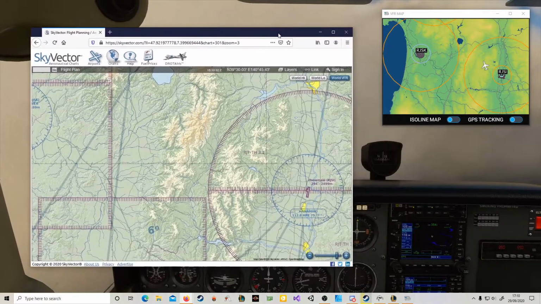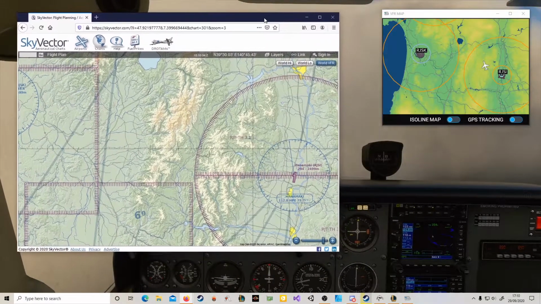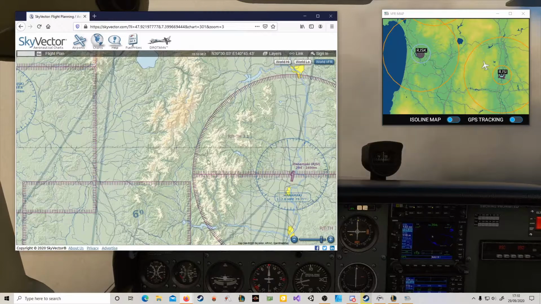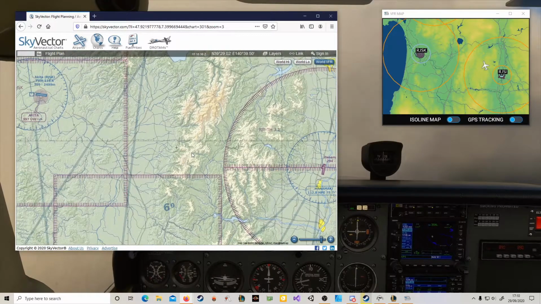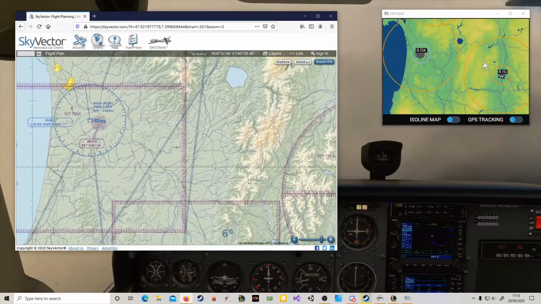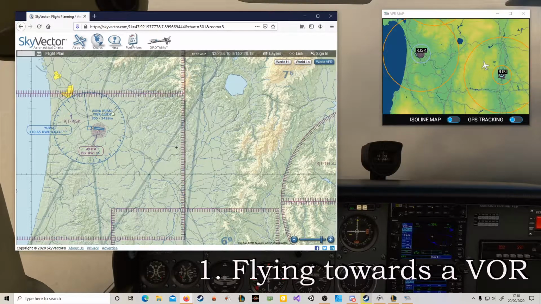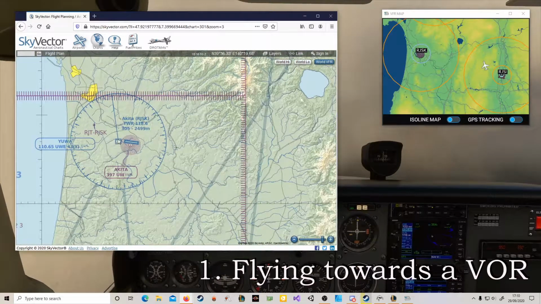It's cloudy, so I don't have much visibility here. I mean, visibility on the ground is okay. And what I want to do is really navigate towards this point here, so this UR or Akita Airport, and this little symbol here on SkyVector, this hexagonal symbol is the VOR, and when